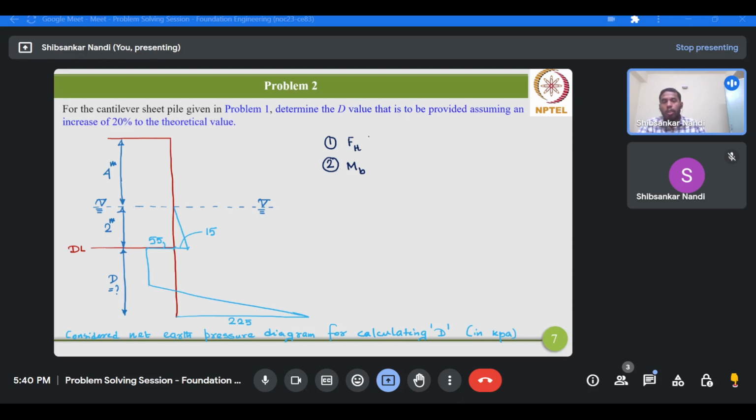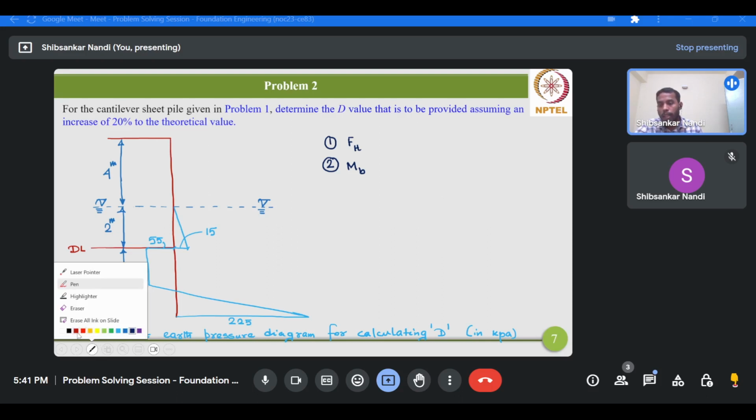So first we have to consider the force equilibrium in the horizontal direction for the given cantilever sheet pile wall, and then we have to take the moment of all the forces which are basically acting on this system above the base of the wall. So by satisfying these two conditions, we can easily get the value for D. How, that we'll see subsequently. Okay, so first we'll